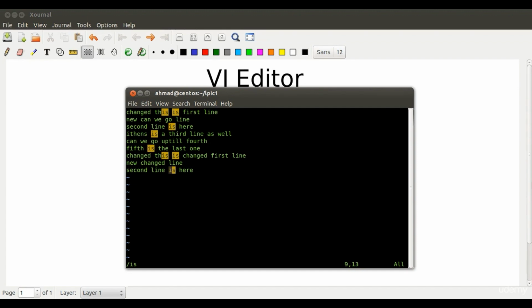Now, if I'm at the bottom of the file and I want to search in the reverse direction, or kind of go back up the file, I can type in a question mark and then the keyword or the string that we want to search for. So if I type is, and now if I press N, we see that the cursor is moving in the opposite direction. Now, not only is search possible, but also replacement of characters is possible